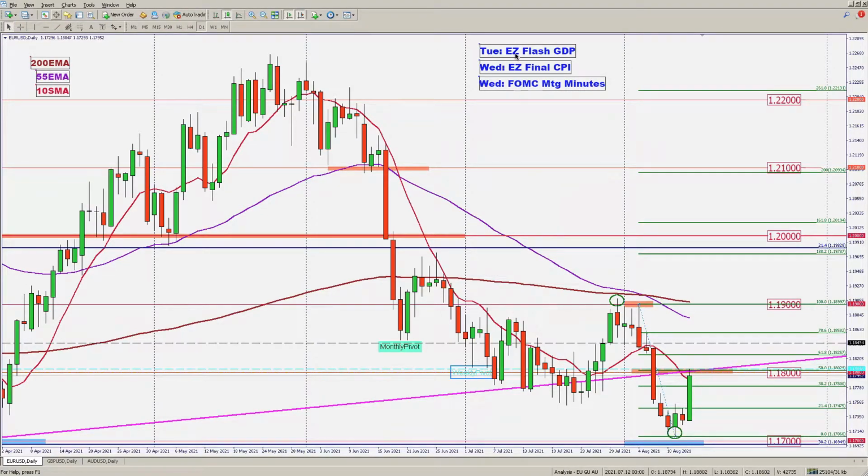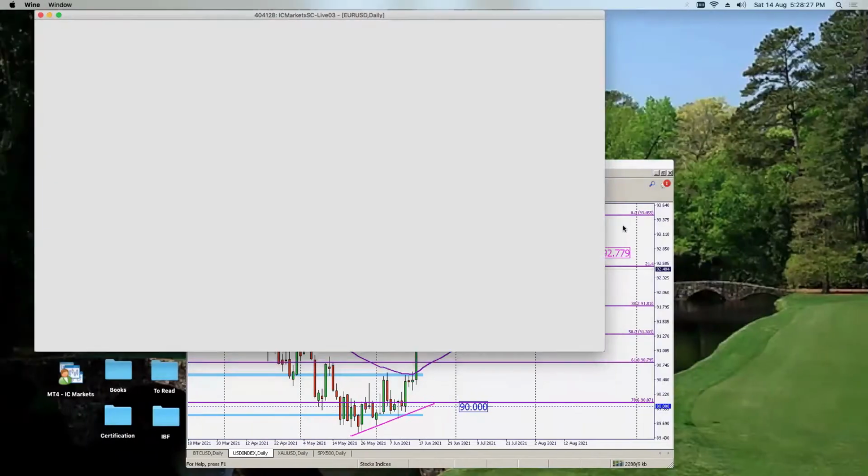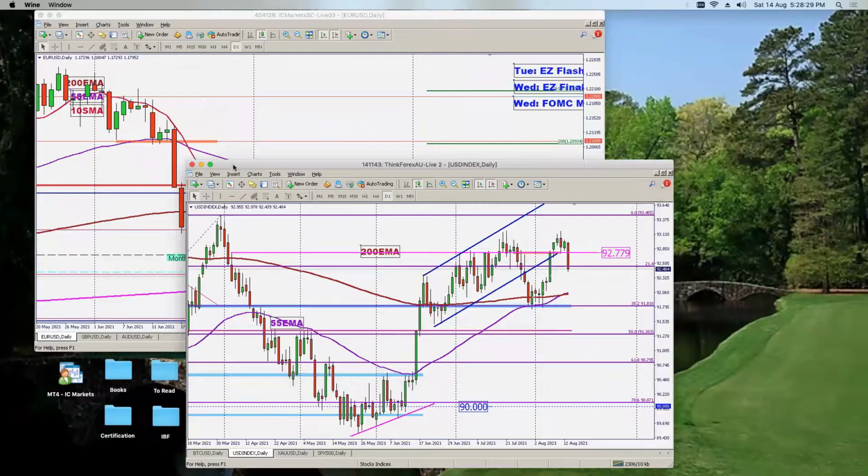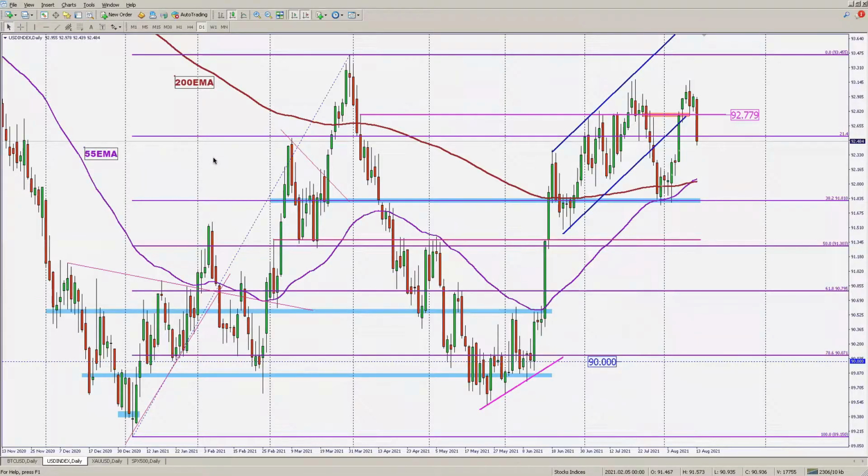And this coming week, the Eurozone, there's only a couple of minor news with the flash GDP and final CPI figures, but on the US side, it could be some impact on the euro with the FOMC meeting minutes being released late on Wednesday. So we'll see if there's any trigger from that. Let's also take a look at the US dollar index, which should be inversely correlated with the